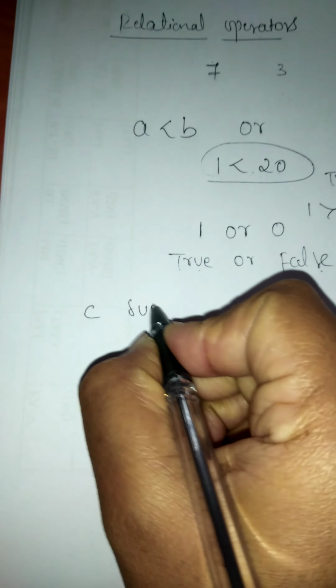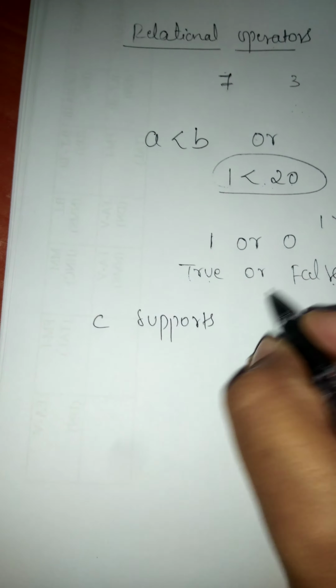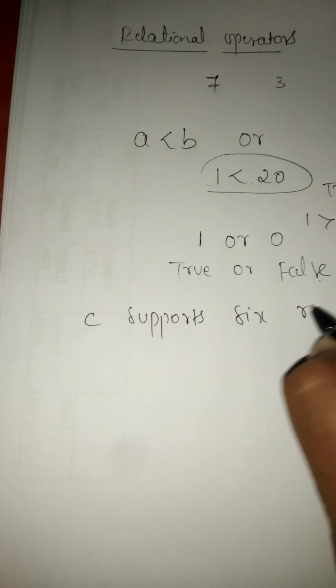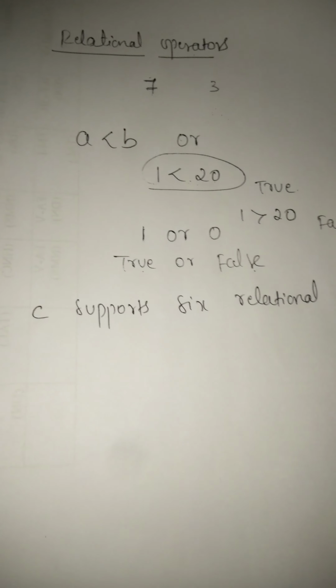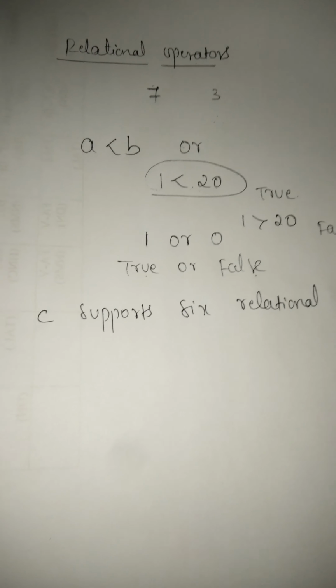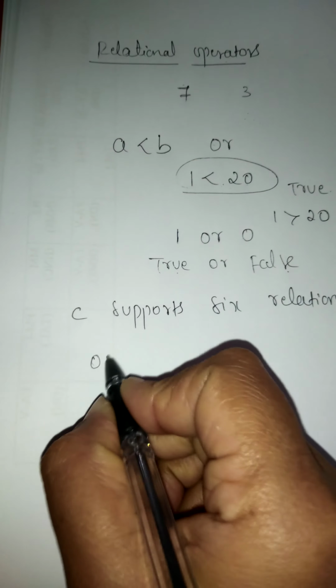And in C programming we have many relational operators. C supports 6 relational operators. Those are